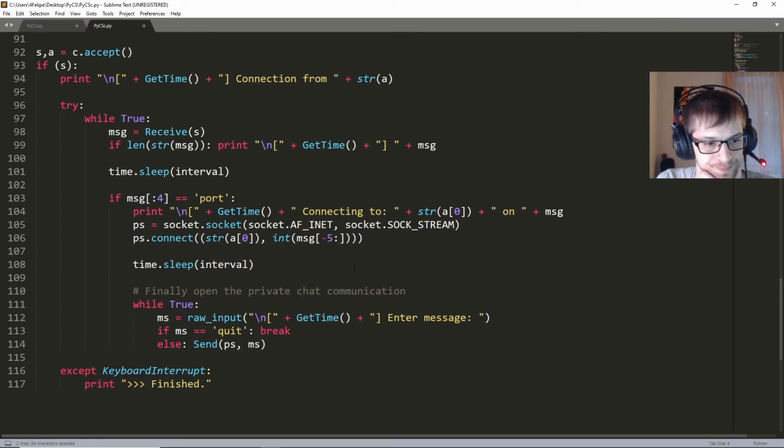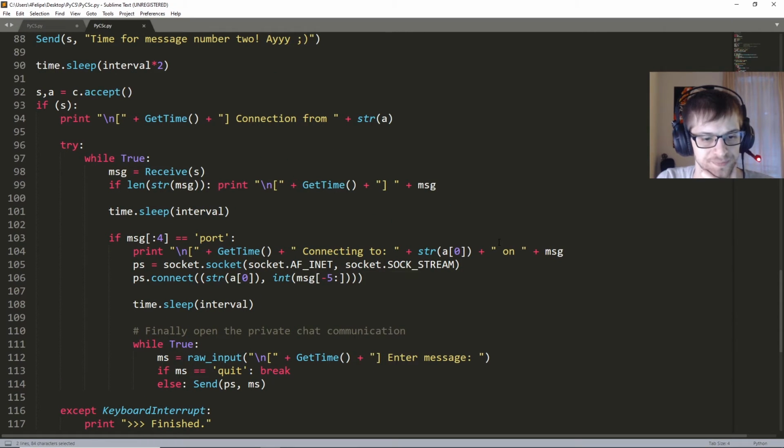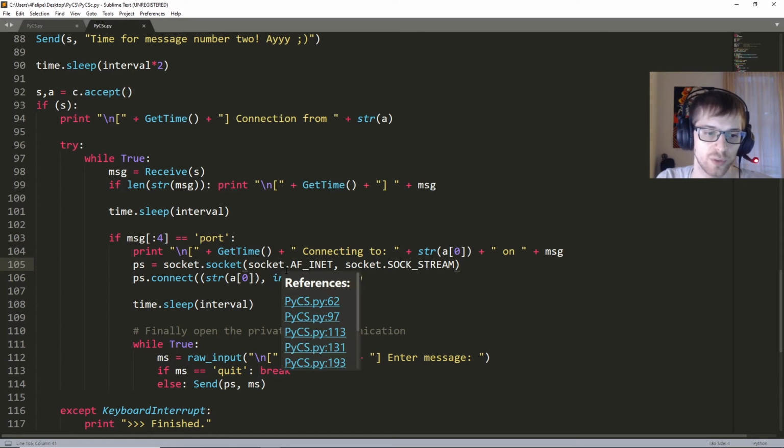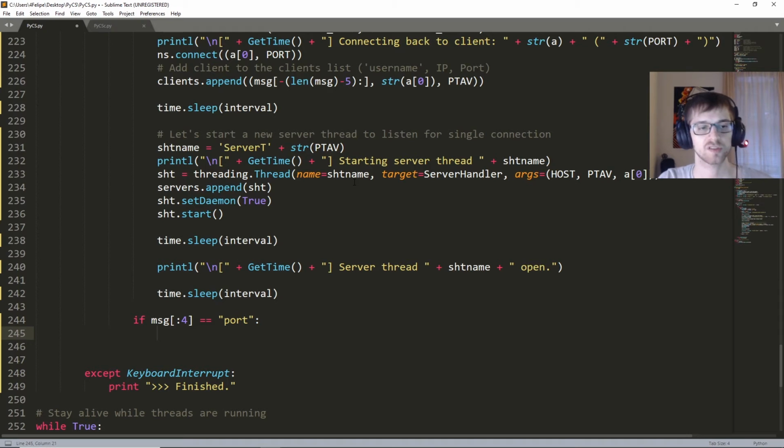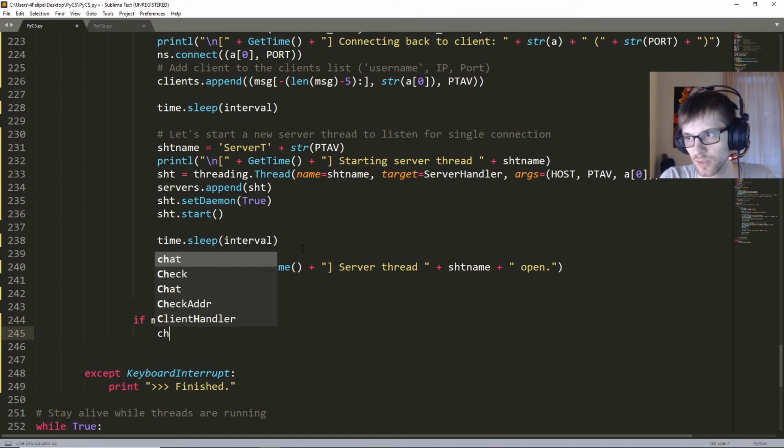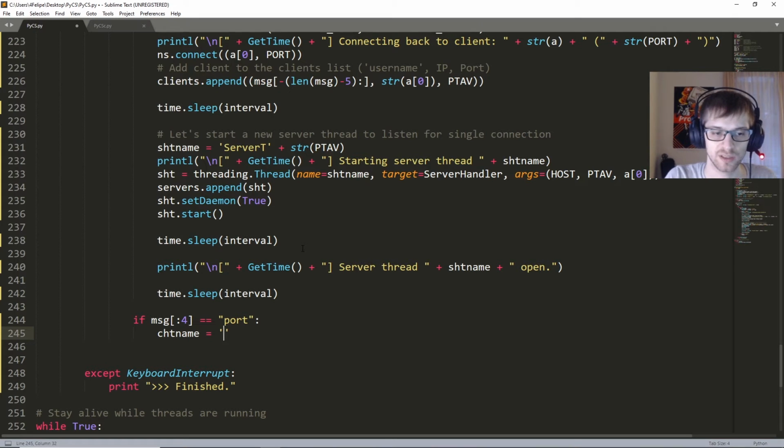Oh no, the code is not here. Well, it's the same code, but now we're using the client thread instead. We're gonna need this maybe later. Alright, so let's just go and use a client thread now instead of just copying that code, since we do want the client thread in the background as well. Cool, so let's do client thread name is gonna be client t plus,